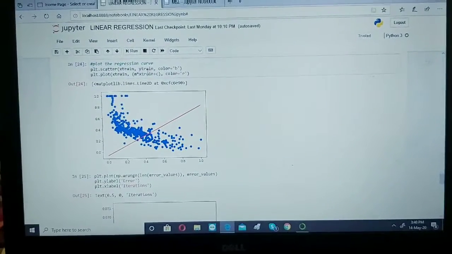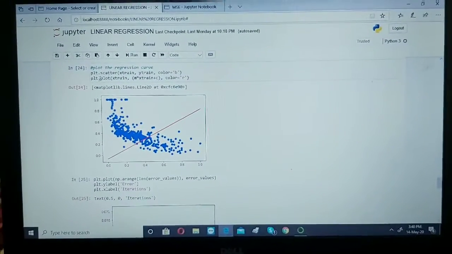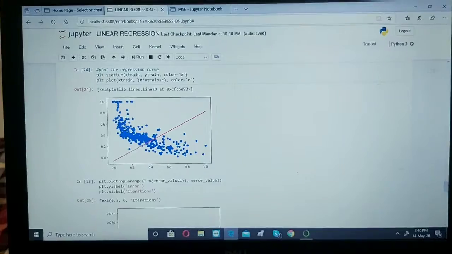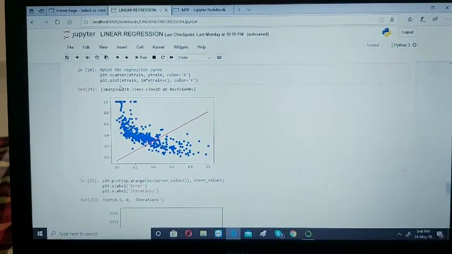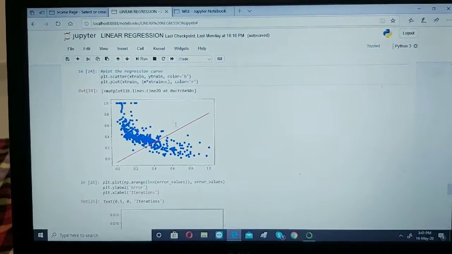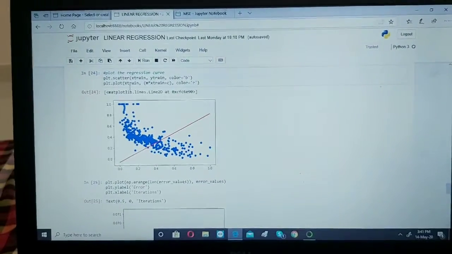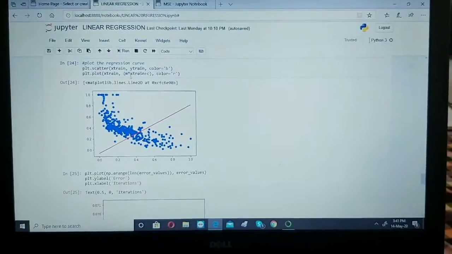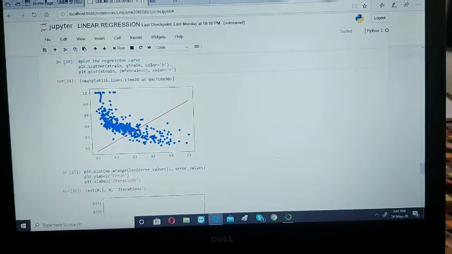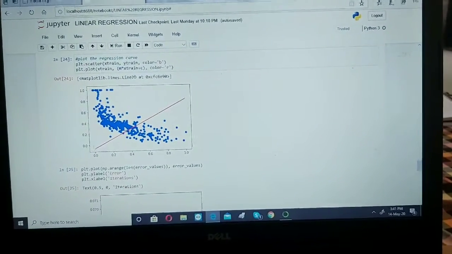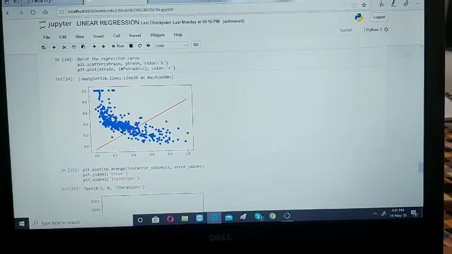Now to plot the regression curve, we'll use plt.scatter with x_train, y_train, color equals blue. And to plot the regression line, we'll use plt.plot with x_train and the equation of the line here, and the color will be red. As you can see, we are getting the regression curve and the regression line.